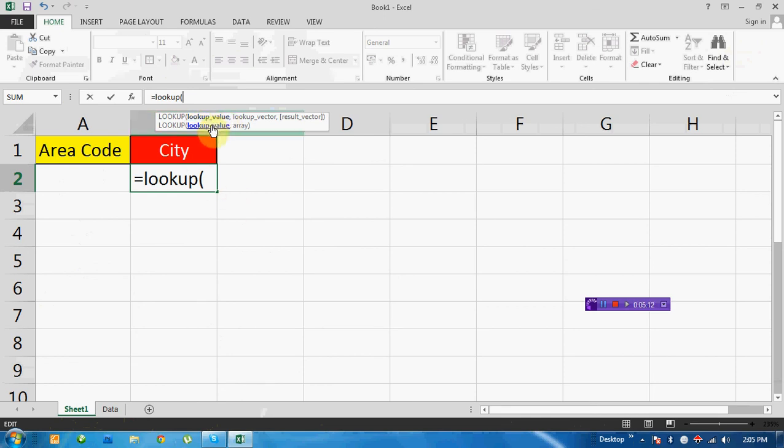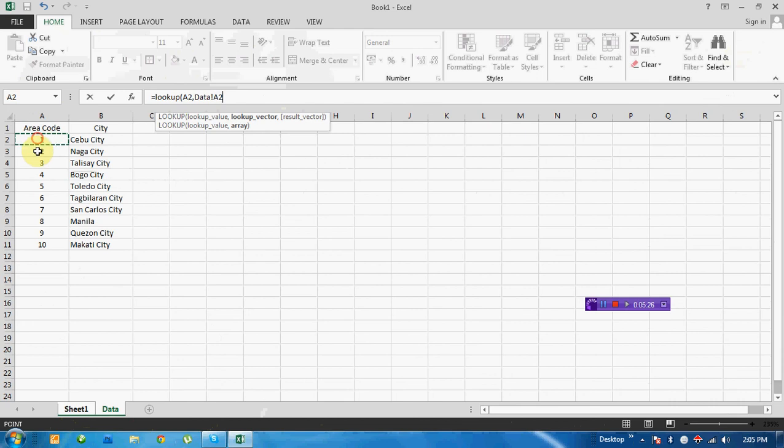You will just click the area code, A2, then comma, then lookup vector, which means what could be your references. You will go to the data sheet, then drag A2 to A11. Afterwards you will put a comma, then the result vector.